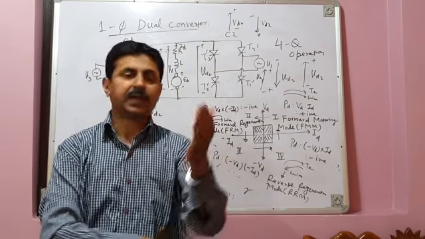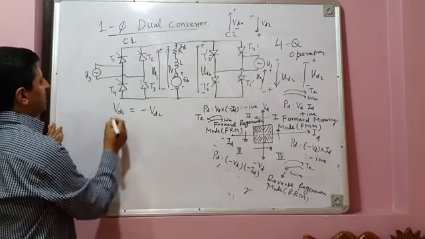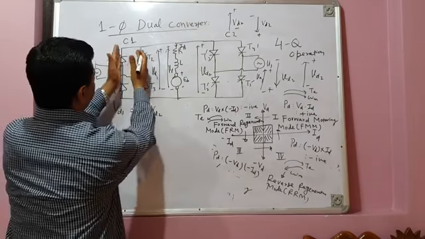So VD1 should be equal to minus VD2 like this. So what is VD1? This is a fully controlled converter. We have already derived the mathematical expression for the average output voltage of a fully controlled converter in one of the previous lectures. That is 2 root 2 Vs by pi cos alpha 1 is equal to, what is the average output voltage of this converter? This is also a full converter or fully controlled converter. It is minus 2 root 2 Vs by pi cos alpha 2. 2 root 2 Vs by pi cancels. So this means cos alpha 1 is equal to minus cos alpha 2.